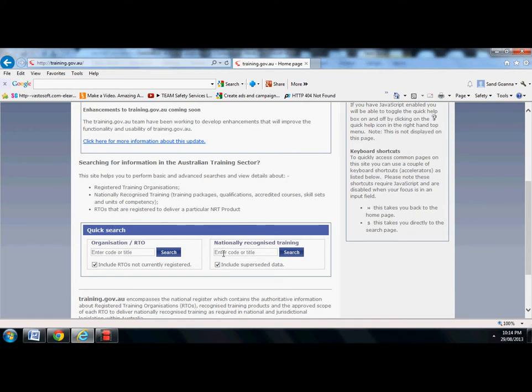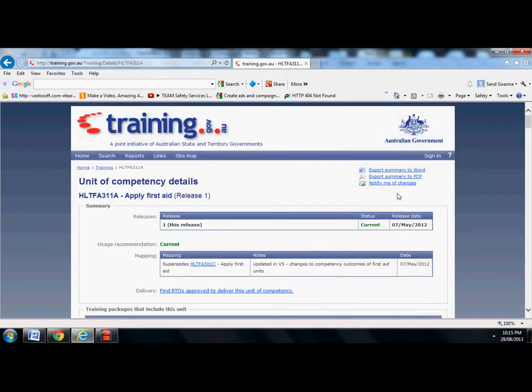Now we're at the quick search bar, we want to type in the name of the course or code that we are looking for. I know the course code, and the course code is HLTFA311A. So therefore I'm going to type it in here and press search. So this is the unit of competency that I want to make an observation checklist for,